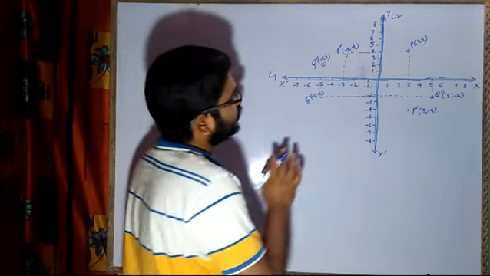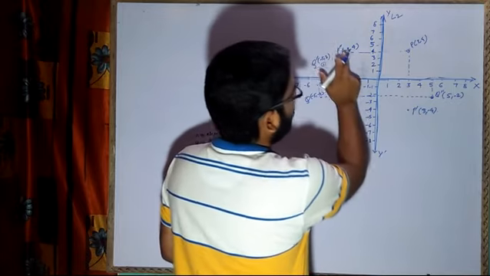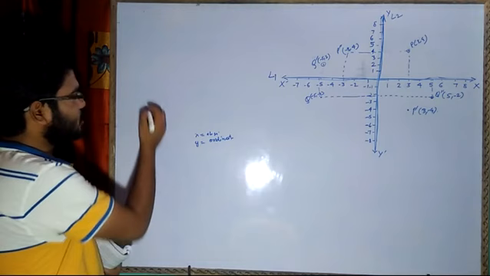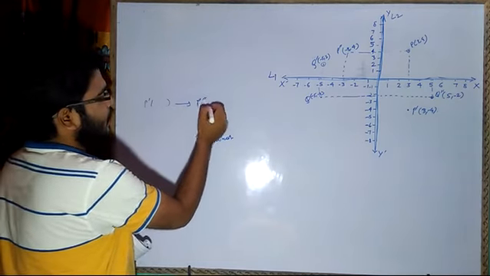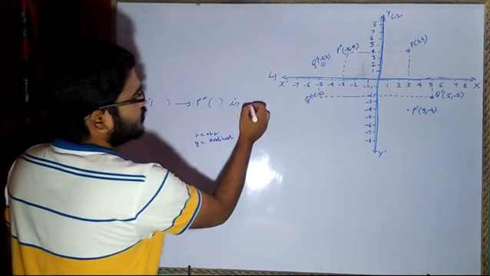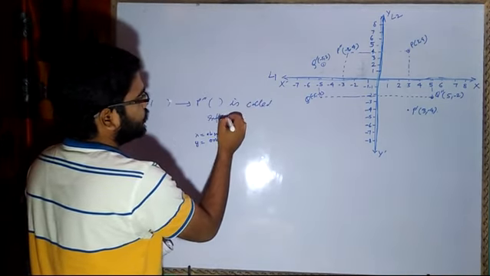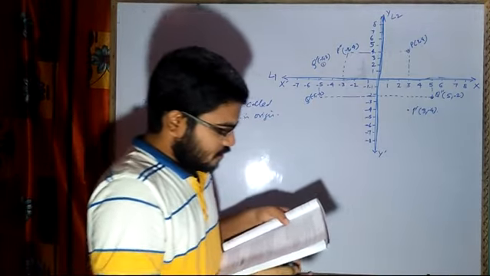Okay, now name the single reflection that maps P dash onto P double dash. Where is my P dash? P dash is here, and when it is reflected into P double dash, that single reflection is called the reflection in origin. So P dash to P double dash is the reflection in origin. So in this way you are going to write the answer for question number 4.